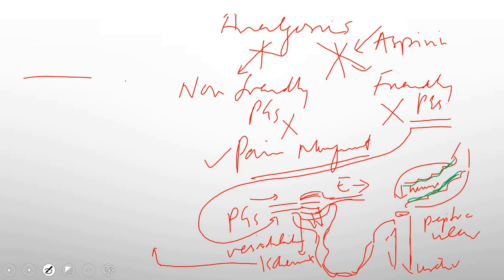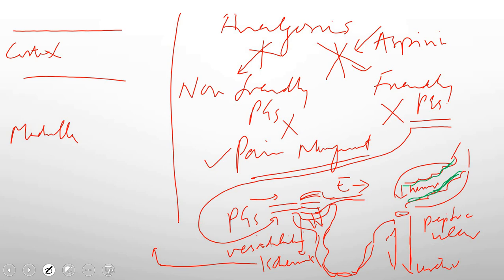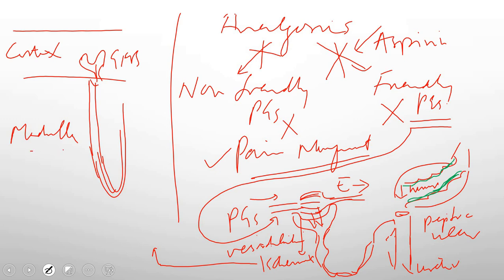So this is the cortex region. This is the cortex region in the kidney, and then it is the medulla. You are quite familiar with this, and it is the cortex region that has the juxtaglomerular complex, where the optimal working of GFR is going on, and then it goes down to the vasa recta, which is here. So the medulla region is on the inside. Now what is important,